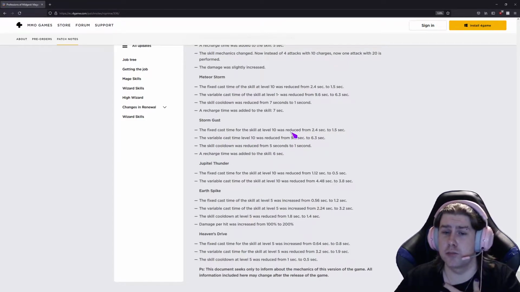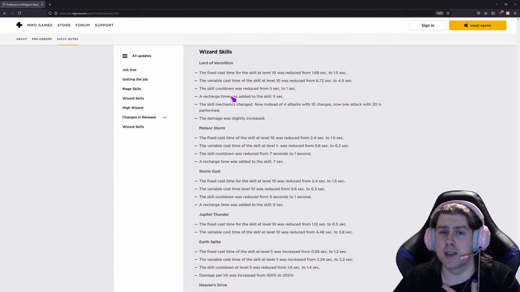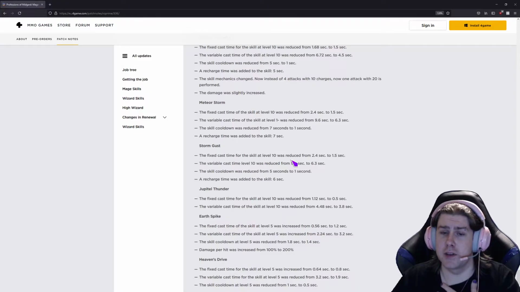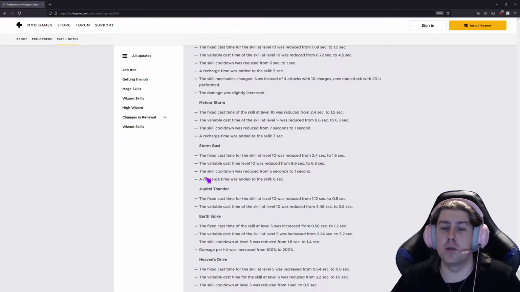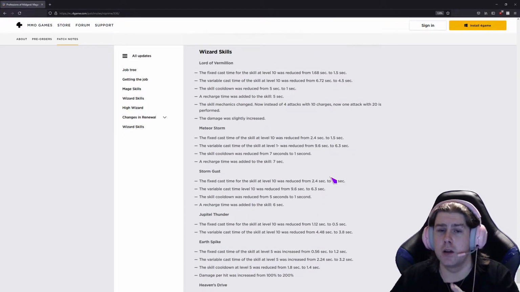Storm Gust, same deal here, really. Yeah, all of these AoEs seem to have the same deal going on. Fixed cast time reduction, just overall cast time reduction, cooldown. Oh wow, Storm Gust, cooldown reduced from 5 seconds to 1! Wow! But, recharge timer to 6 seconds,